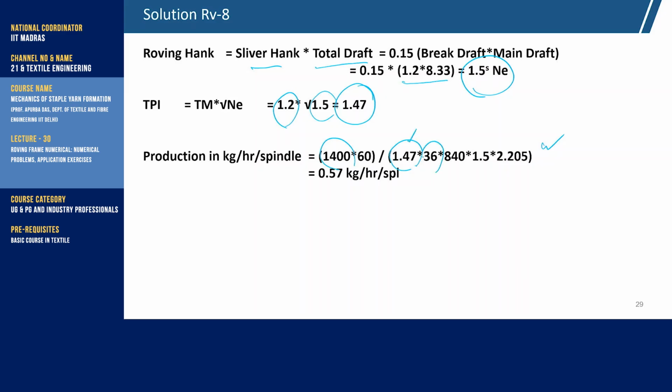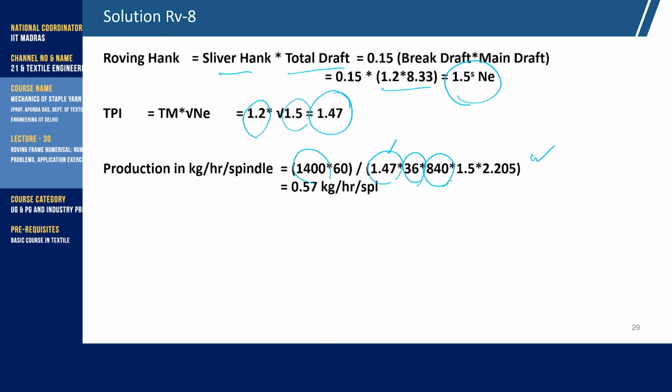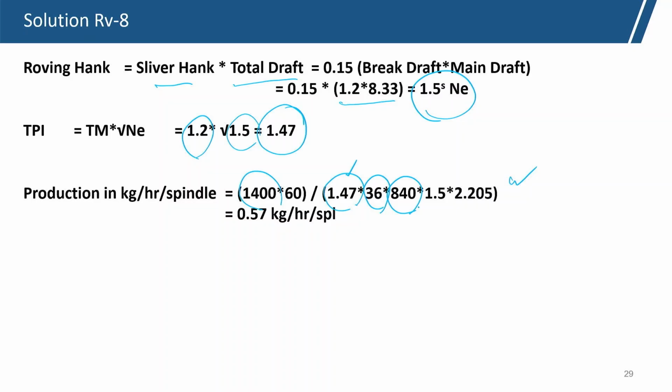Then if we divide by 36, it will be yards per minute, divide by 840, that means hanks per minute, and divided by 1.5 it gives you the pounds per minute, and divided by 2.25 it is kg per minute, and if we multiply it by 60 it is kg per hour per spindle. So, from one spindle in 1 hour,